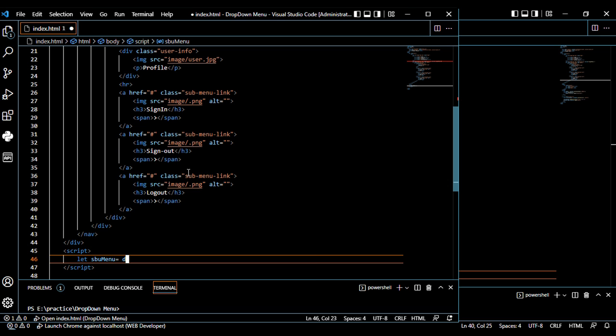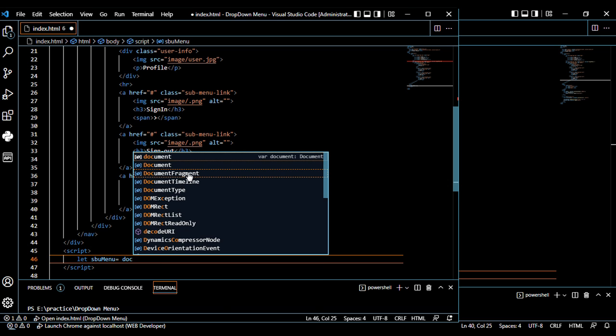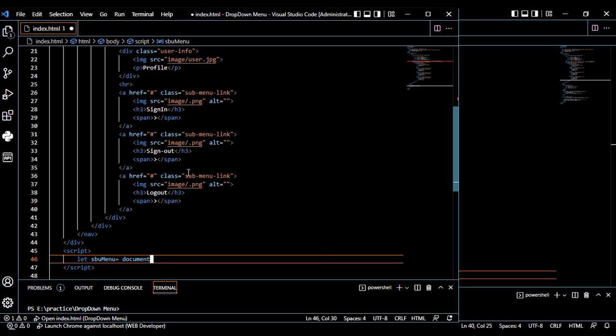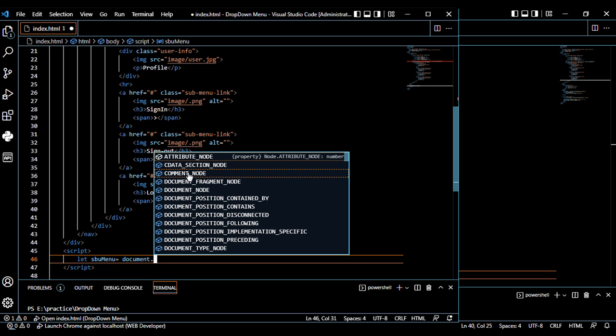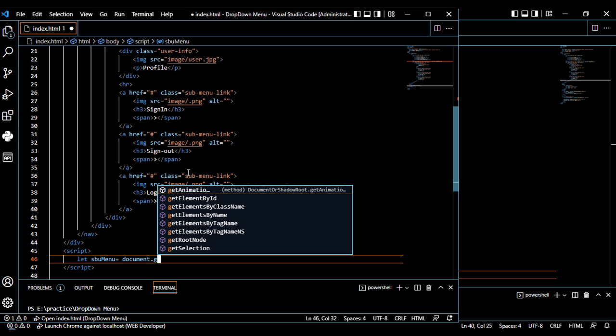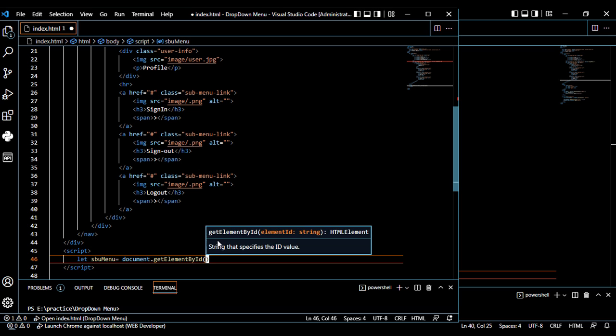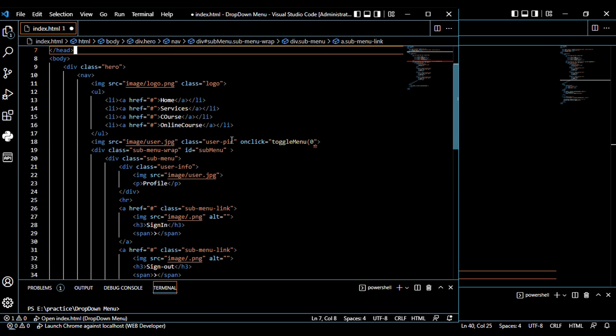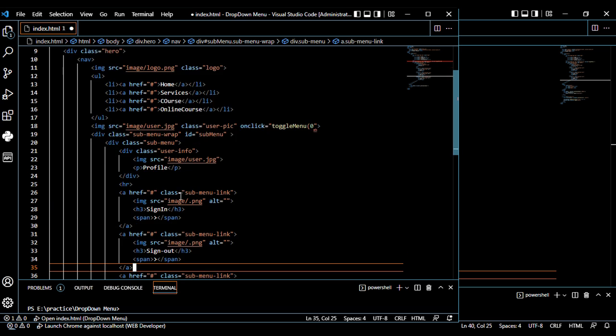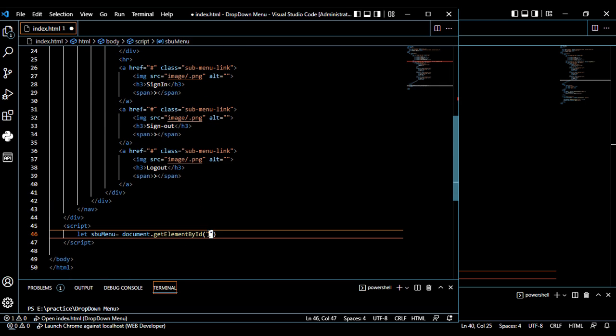For this one is equal document dot getElementById, and inside the bracket we can set up quotation, we can write down or copy and paste the submenu. We have got this submenu inside this development, and we can copy this one, this submenu, and we can paste inside this,